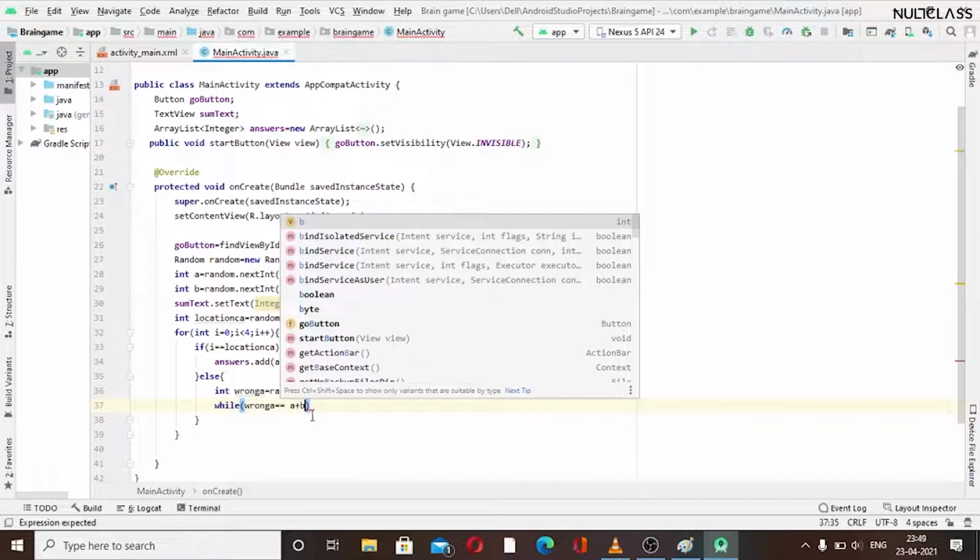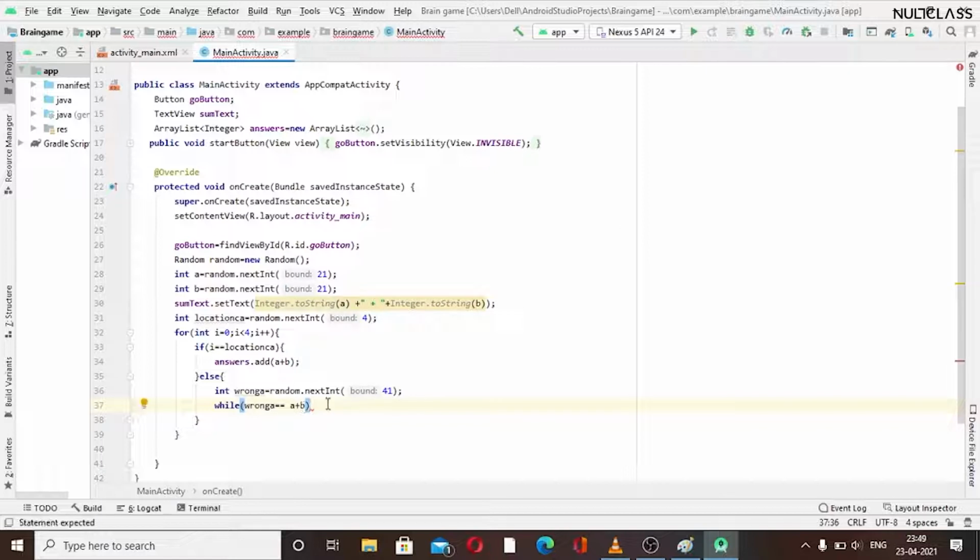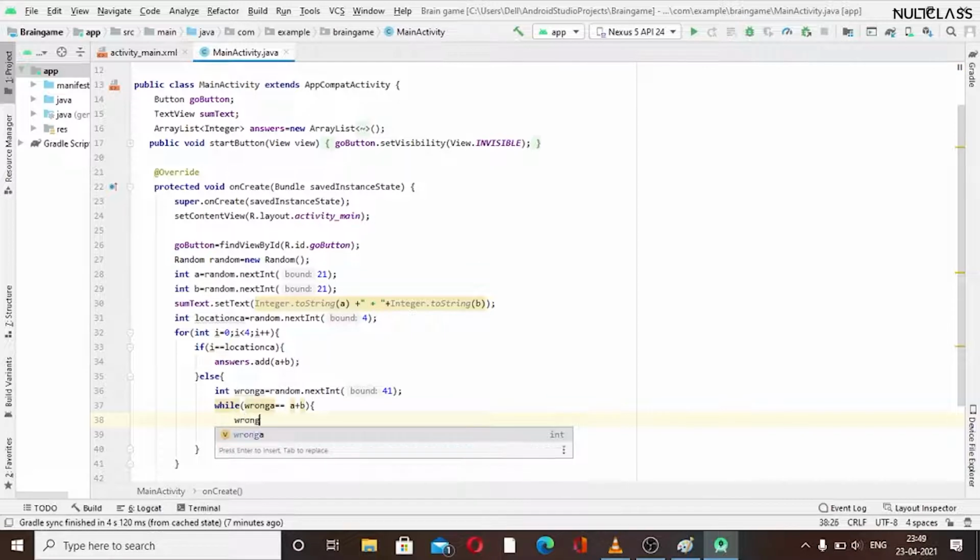If our wrong answer is equal to a plus b, then we will ask the loop to generate a random number again, because that cannot be our case where we have two correct options. So we will again set our wrong answer to another random number.